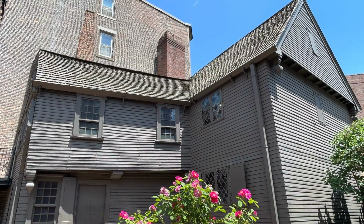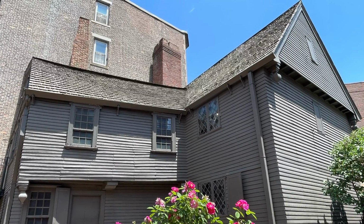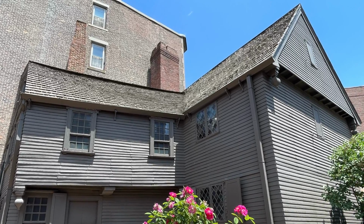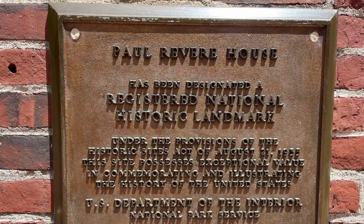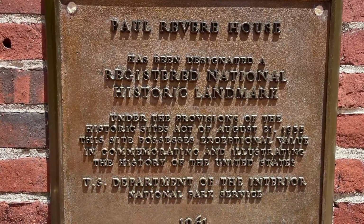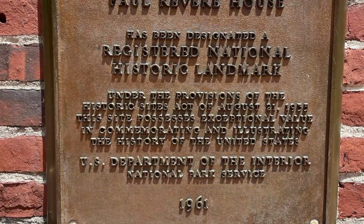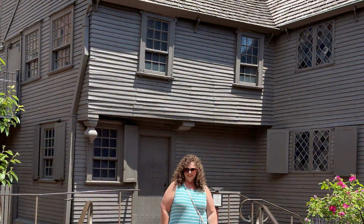Revere was not only a patriot, but also an expert silversmith, copper manufacturer, part-time dentist, engraver, and the father of 16 children. As many as 8 children lived here with him along with his mother, his first, and after 1773, his second wife. Paul Revere sold it in 1800 and it became a tenement with the ground floor used for shops